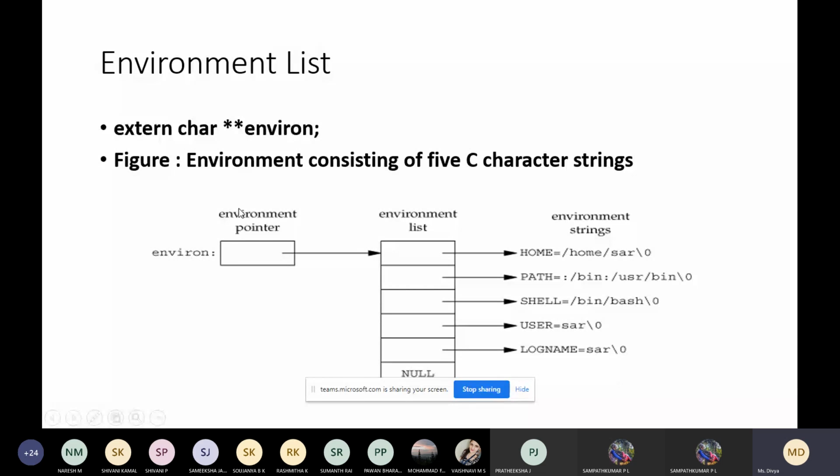So this is an environment pointer which points to the list of environment variables. This figure shows an environment consisting of 5 C character strings. How many do we have here? 5 environment strings.